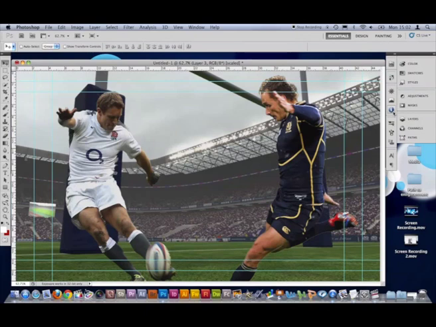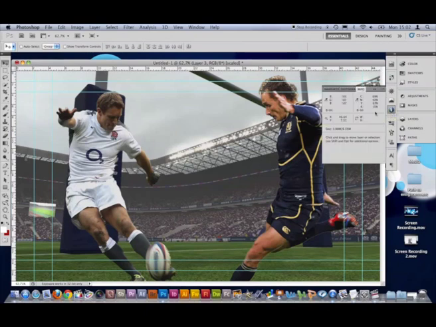If I bring up the info panel here, which if you don't have, you go up to Window and Info and you'll find it. And that's moving around the image, especially the brighter areas. You can start to see that maybe some of the more intensely coloured areas, you're looking for anywhere that might go above 235. And the way to tell is if you look here, you've got this RGB setting, and you can go